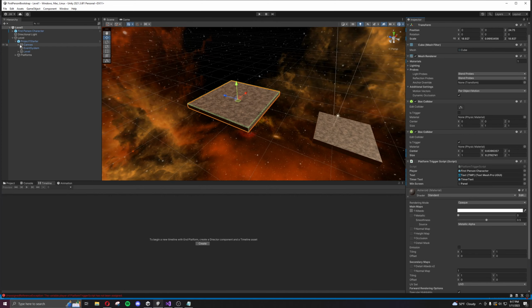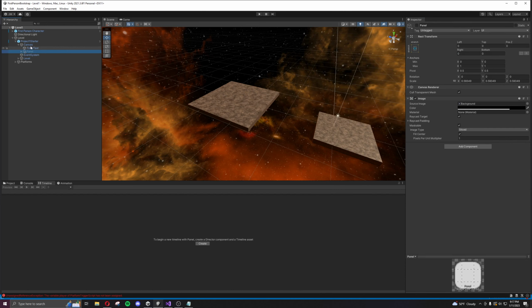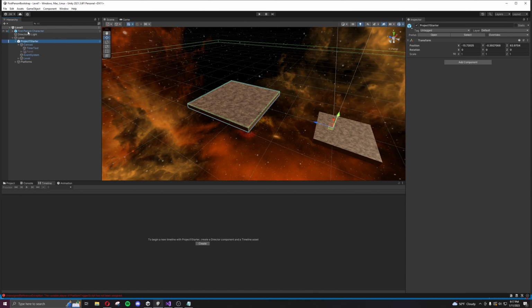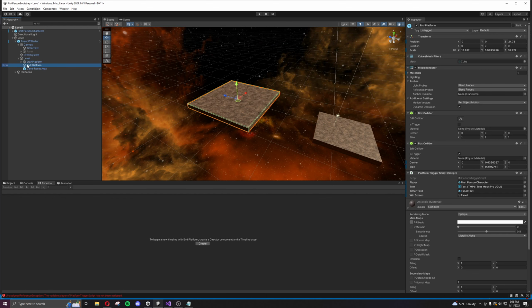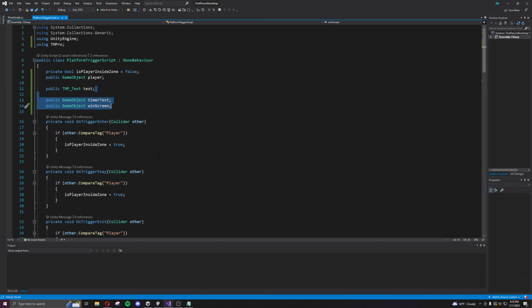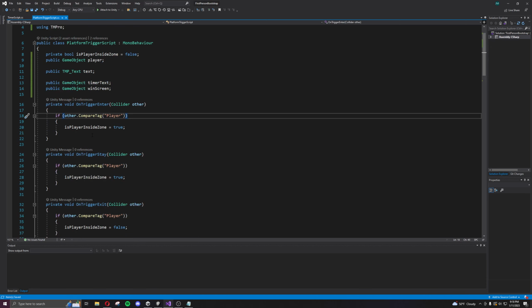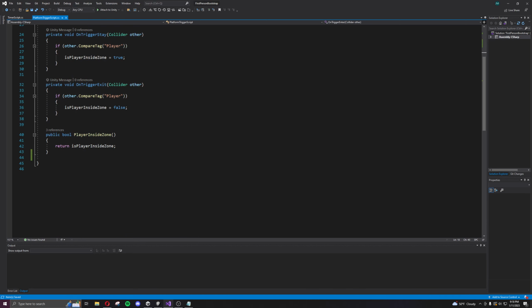So we have under the canvas, where'd it go? The win screen we made right here. The timer text for the top timer up here, and then the new text, which is also under the panel for the win screen. So once we applied all those, dragged them into their corresponding locations,